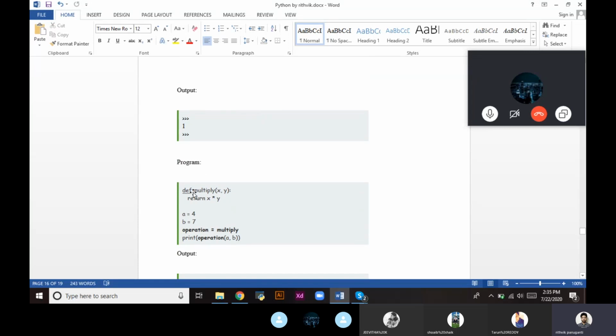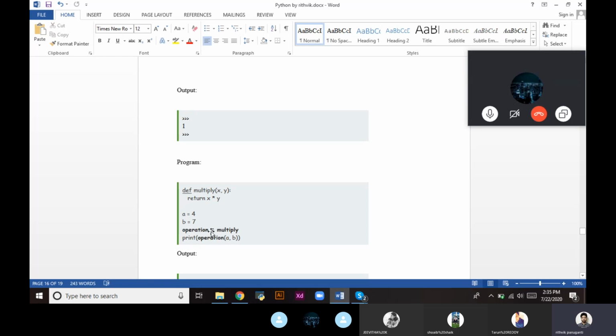So here is another program, define multiplication. We are finding a multiplication product. We are passing the two arguments x and y, and we are returning x into y, which is none other than multiplication. This is the function we declared. When we come to the program, we are assigning a with 4 and b with 7, and operation is a variable that is assigned the multiply function.